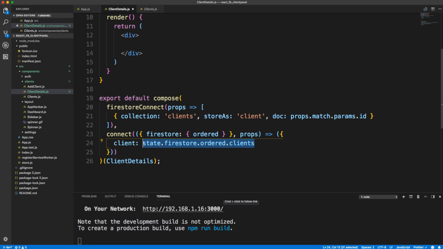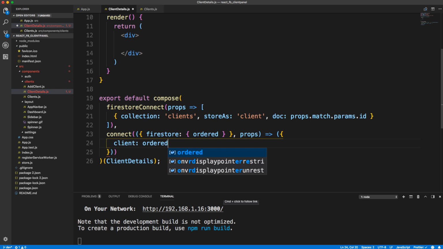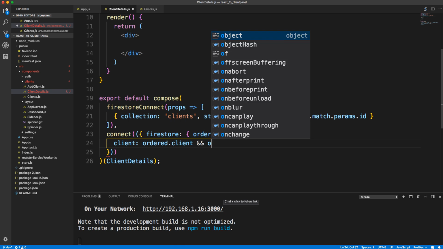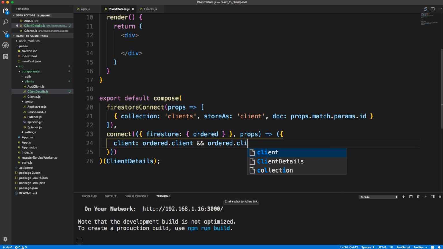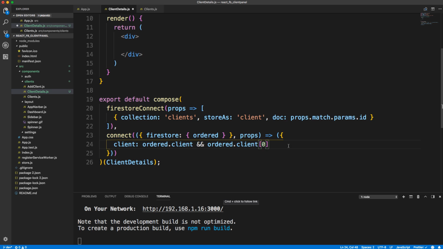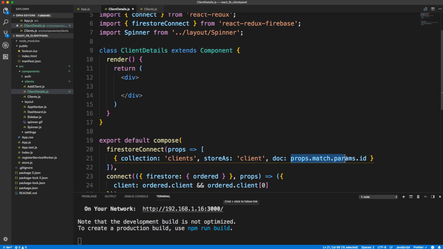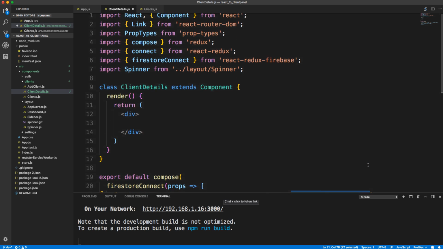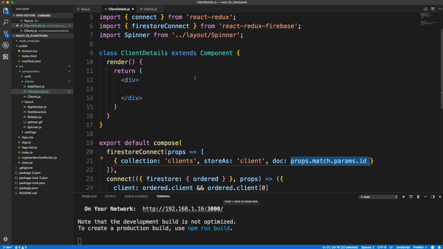We don't have to do state.firestore.ordered because we did destructuring, so we can simply say ordered. We want to say ordered.client, and then this is going to be an array with the single object. So we want the first item in the array. It's always going to be the first item, which is 0. All right, so that should get us the single client, and it should get it by the ID that's in the URL. We haven't created a route for this yet, so we will have to do that. But for now, let's